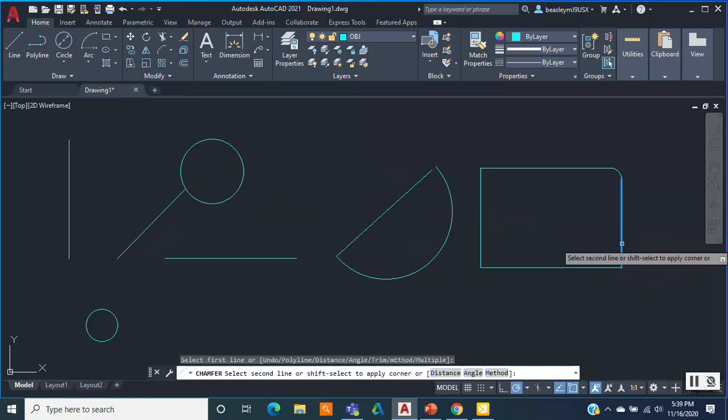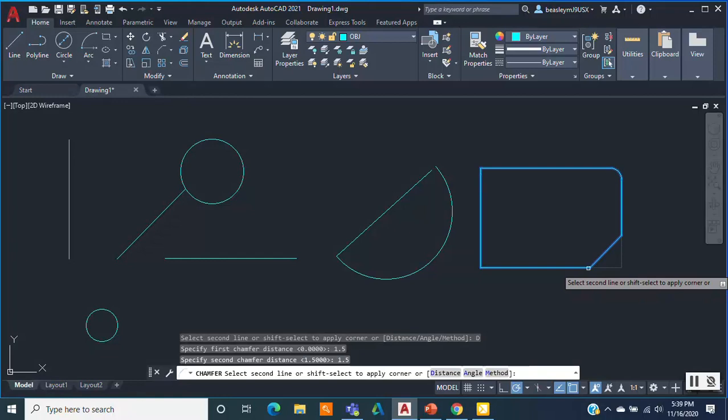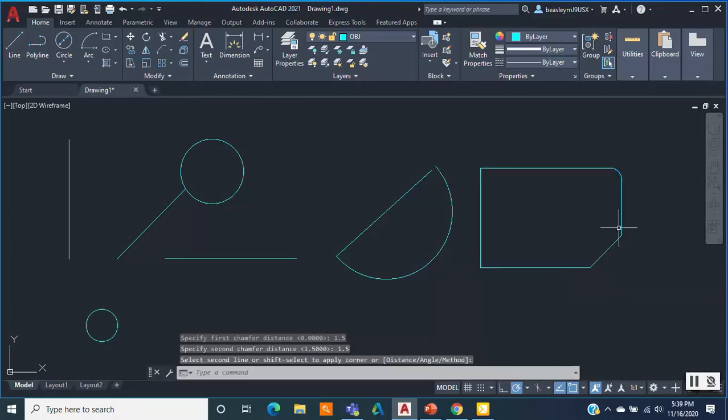So we're going to select our first line and we're going to do distance. We're going to do 1.5 inches and 1.5 inches. And now we're going to select our bottom line, and now you can see a beveled corner instead of that 90-degree corner.